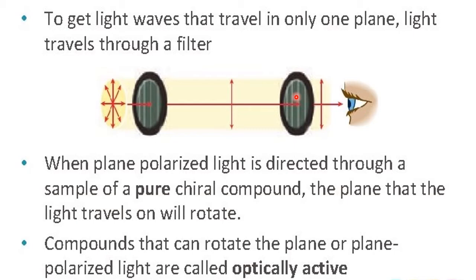So if the PPL is rotated, the molecule is optically active. If the PPL is not rotated, and the same thing as in the beginning comes out even after the sample, which is detected using the polarimeter, then it is optically inactive. So only through a polarimeter in the laboratory can we come to know whether the molecule is optically active or not. Once again I am repeating, whenever PPL is passed through the sample, if the PPL is rotated to a certain angle away from the normal line, then it is optically active. Otherwise it is optically inactive.